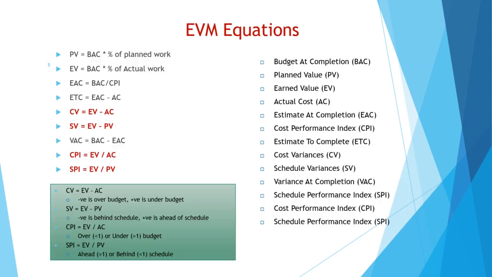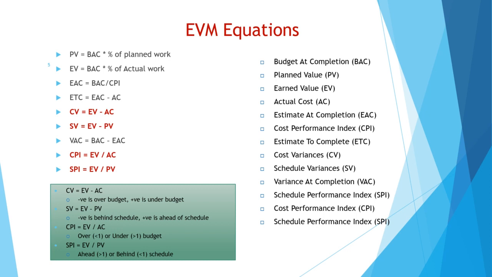So the earned value management equations are: planned value equals budget at completion times percentage of planned work, earned value equals budget at completion times percentage of actual work, estimate at completion equals budget at completion divided by cost performance index, estimate to complete equals estimate at completion minus actual cost, cost variance equals earned value minus actual cost,